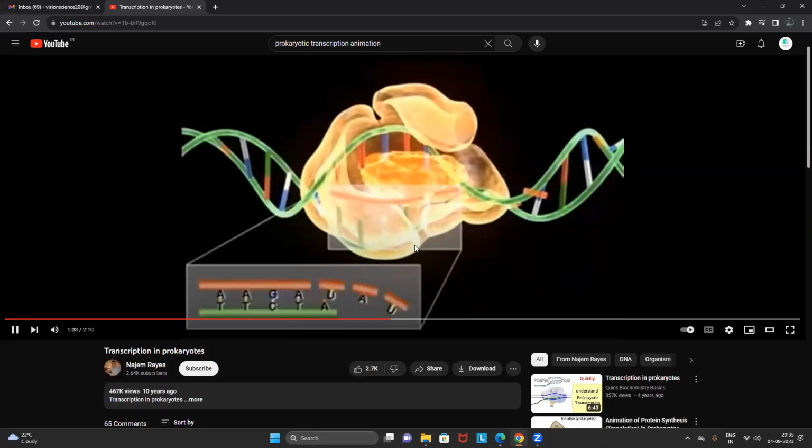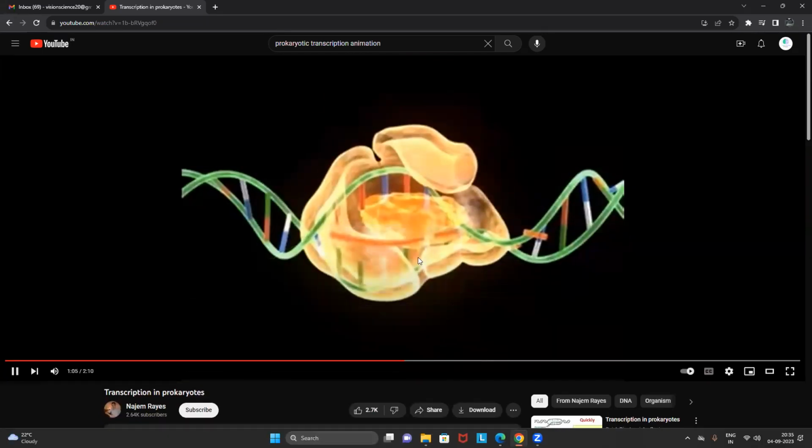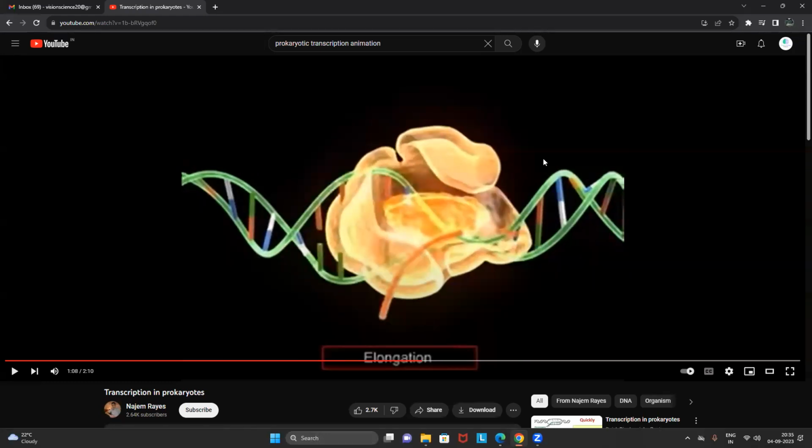Now the most important thing you have to remember is the elongation. Hope every student remembers that I have told all of you, whenever the mRNA is getting synthesized, protein synthesis also will start immediately. Why? Because in prokaryotic organisms, the process of transcription and the process of translation is a highly coupled process.